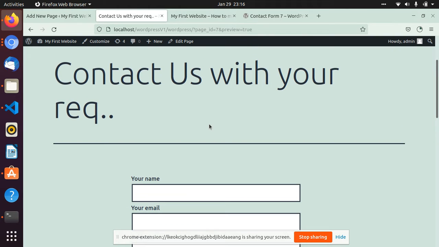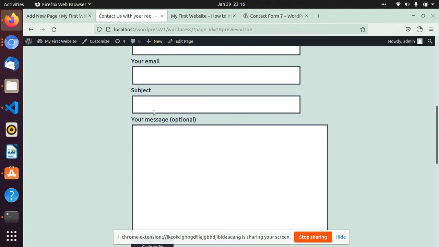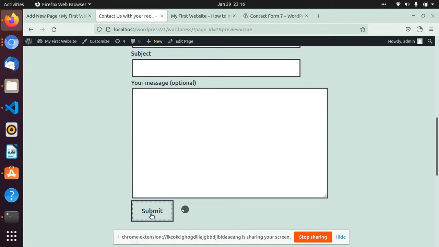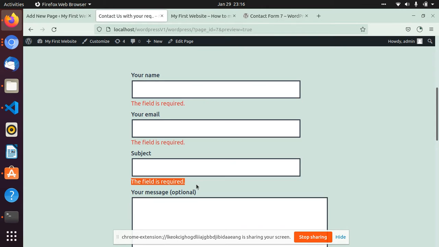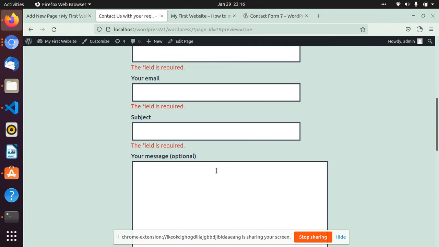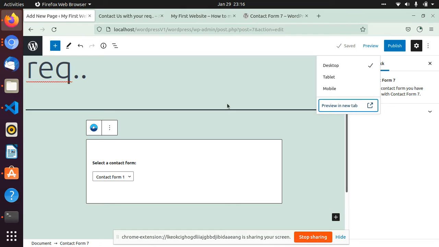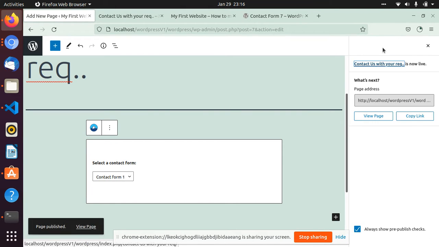For this contact us form I want to give some error messages and mandatory fields, something like this. When I click on submit, you can see these are all the required fields. These are very important fields, and we will see how to edit all these messages. So I come back here and publish it. After I publish, I go to my menu